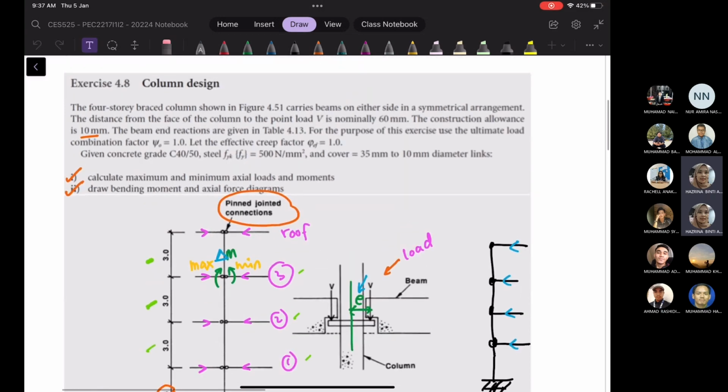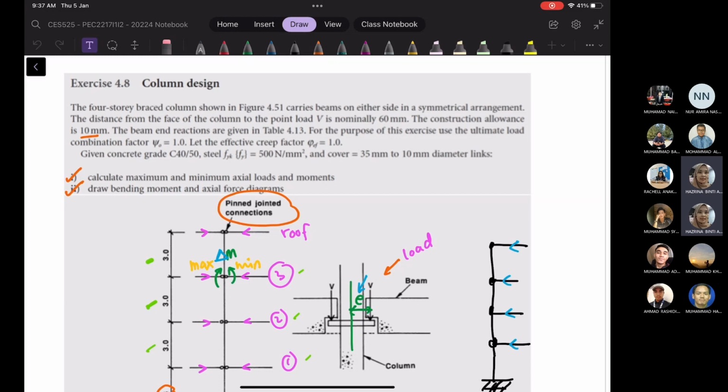Right, so basically, usually for this substructure analysis, we are going to do the analysis in 2D, right? So maksudnya 2D kita consider per axis lah, right? So yang ni kita tengok daripada depan sahaja, right? So we are going to have the beam on both sides, right? So kiri dan juga kanan. Then bila kita buat analysis in the other direction, another axis, then kita akan tengok in the other direction lah. Then most probably we are going to have another two beams that is connected to the same column,